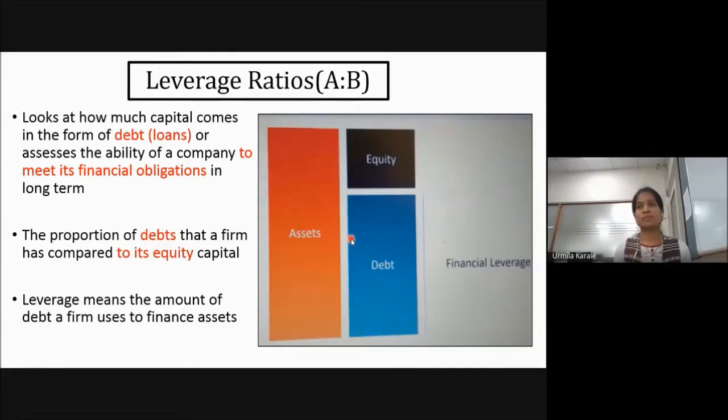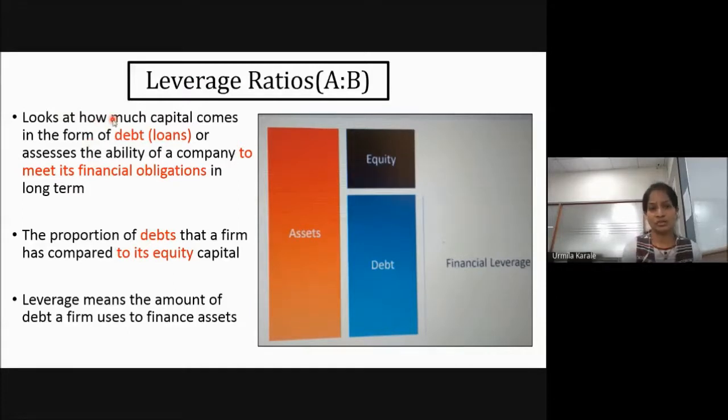Now, but see, cost is less, but risk is so much when it comes to borrowed funds. And that's the reason why, though we say borrowed funds should be there, but proportion should be limited. Now we are going to see the ratios which come under this category. So leverage ratios, they are also called capital structure ratios or solvency ratios. Okay, so what we are trying to find, you can see here.